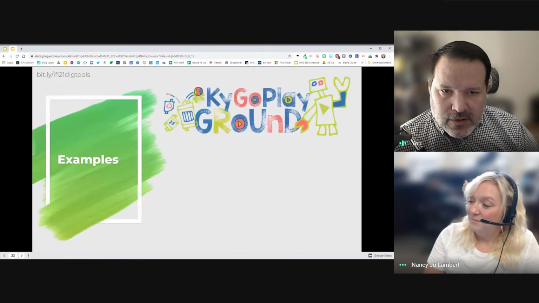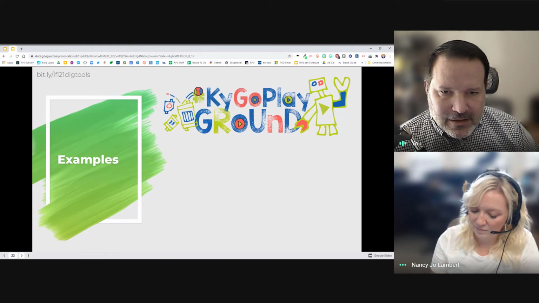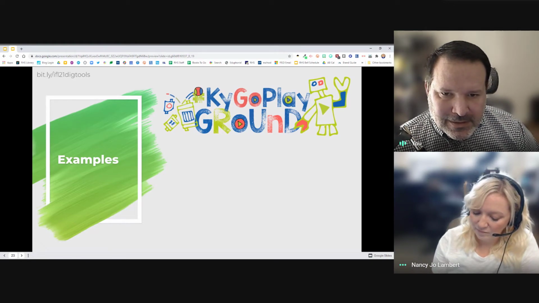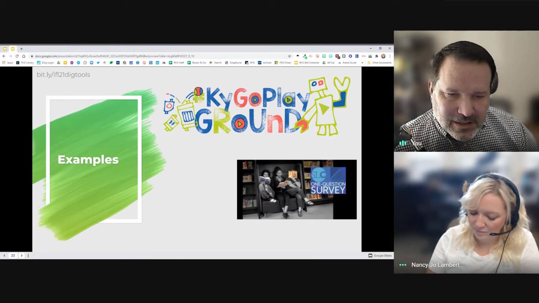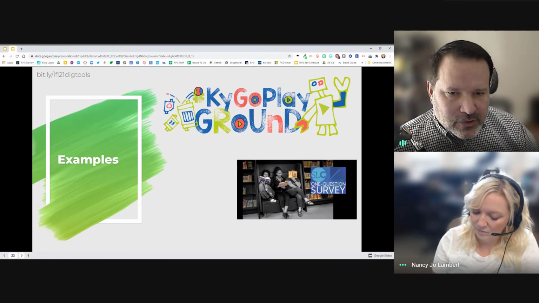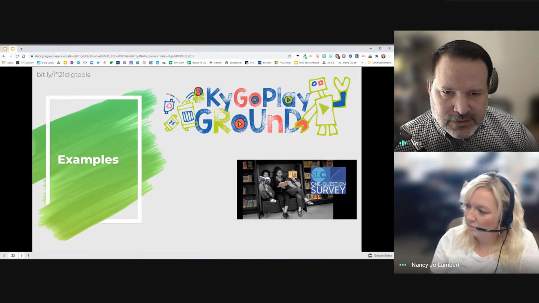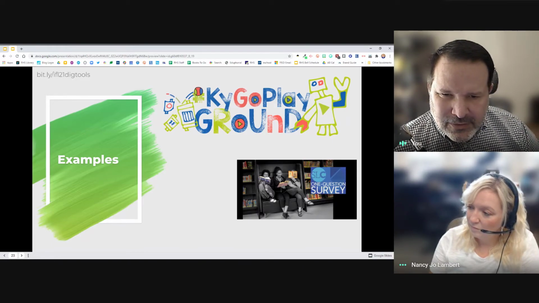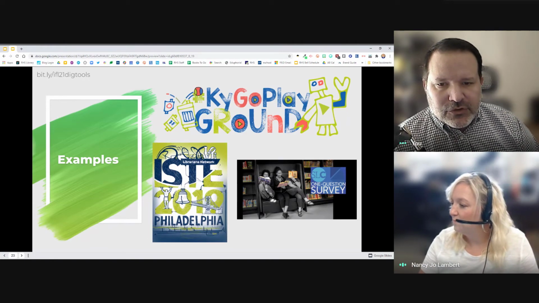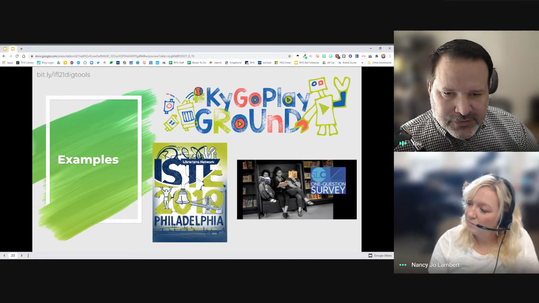And then we just have some examples here. The KY Go Playground thing I did in Adobe, kind of a combination of Illustrator and Photoshop. The next one, I think I did in Photoshop too. I just did some selective coloring there where all the books are in color and the rest of the photo is black and white, and then our SLC survey question logo there. And I think there's one more on this slide. Oh yeah, the ISTE thing that I did in Procreate. I just traced over the ISTE logo and added some other traced images, and then put it all together inside of Procreate.